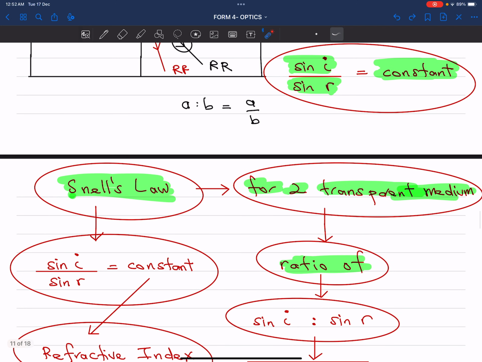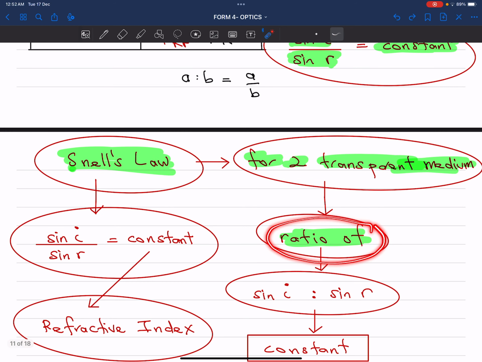So now Snell's law states that for two transparent media, the ratio of sine I to sine R